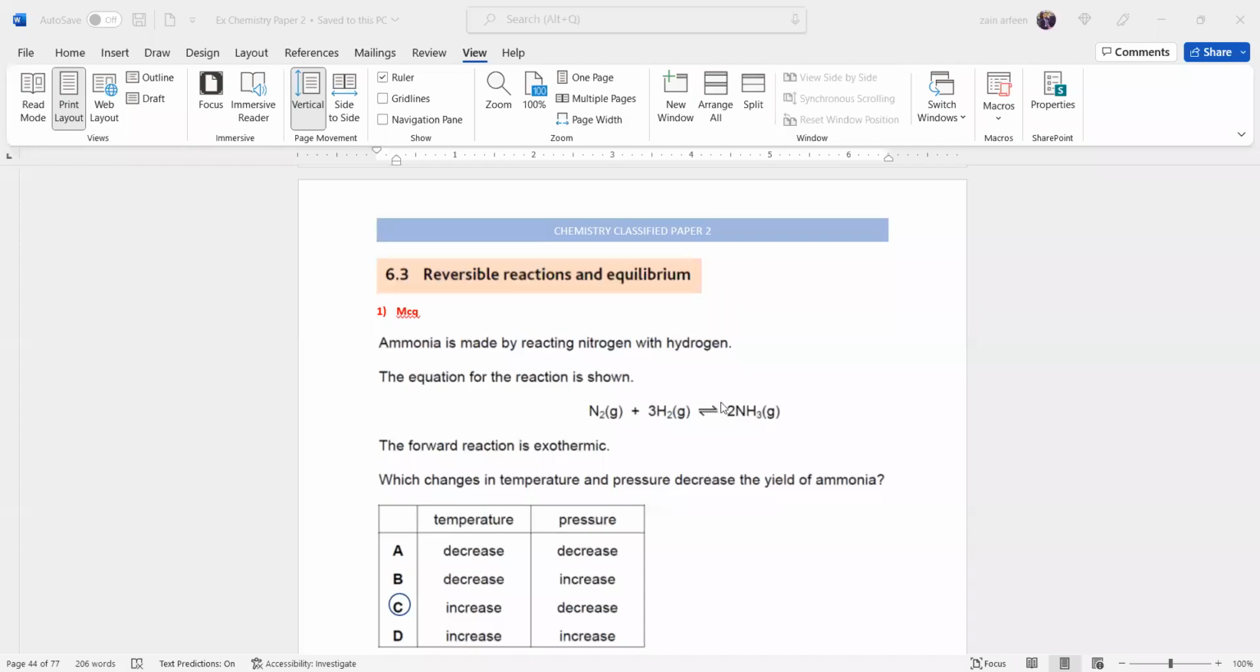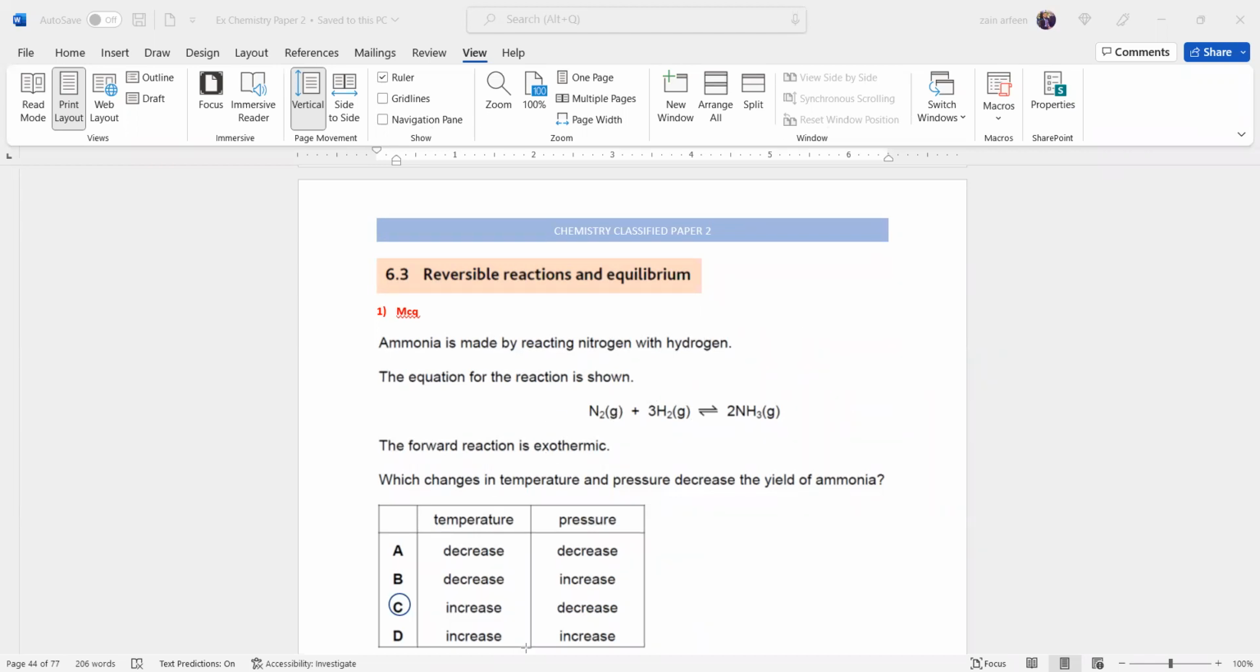So this is the first question related to reversible reaction and equilibrium. It's already done for you. In the first question, ammonia is made by reacting nitrogen with hydrogen, and the equation is given by N2 plus 3H2 gives 2NH3. The forward reaction is exothermic. So when a chemical reaction is exothermic,